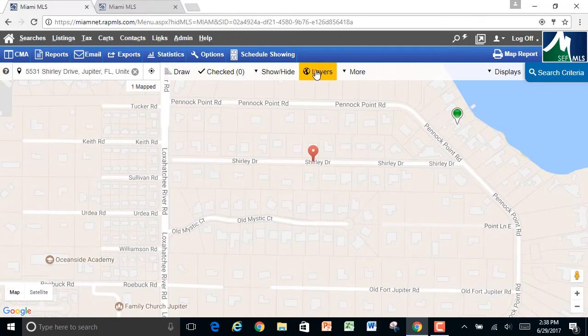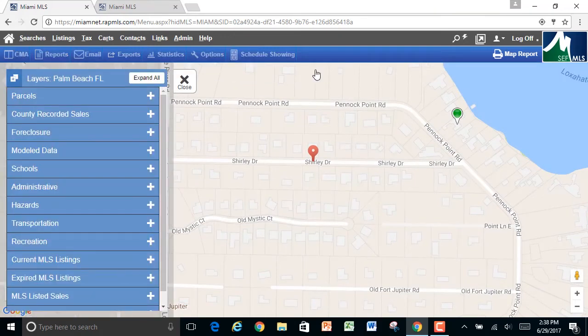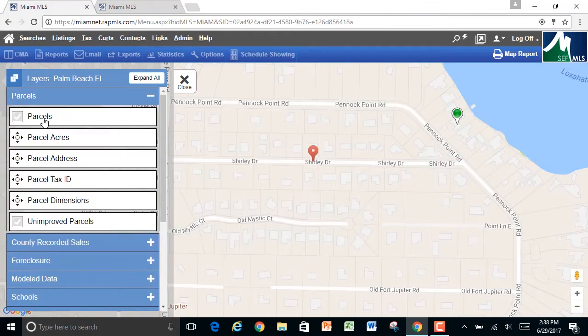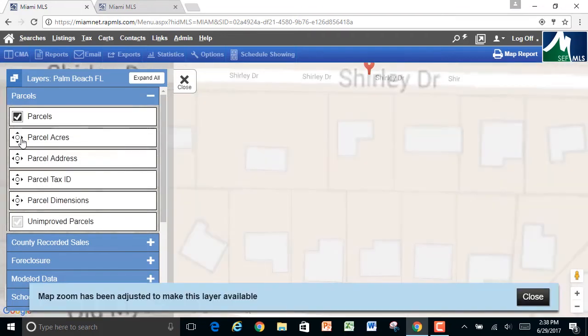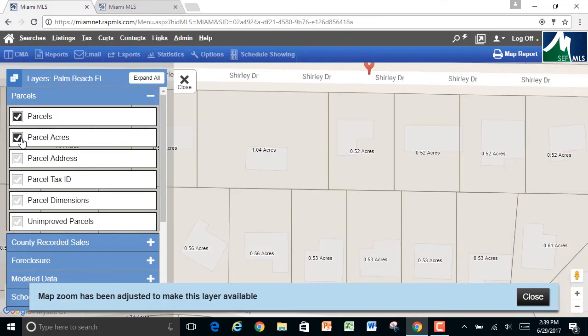All right. Over here under layers, let's select layers. What's in here? If I go into layers, I'll go with parcels. Now anytime you see this little checkbox, that means you're at a zoom level that's enough for you to open up that layer. If I select parcels right now, all those parcels are going to appear on the map. Right below that you have parcel acres, and whenever you see that little circle with the arrows next to it, that means the map has to zoom in a little bit more in order for you to see that layer. So if I select parcel acres, it's going to zoom me in a little bit, and it's notifying you at the bottom that we just zoomed in the map so you can open up that layer. We'll hit close down here,